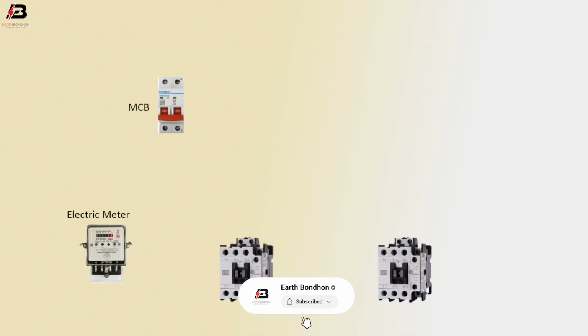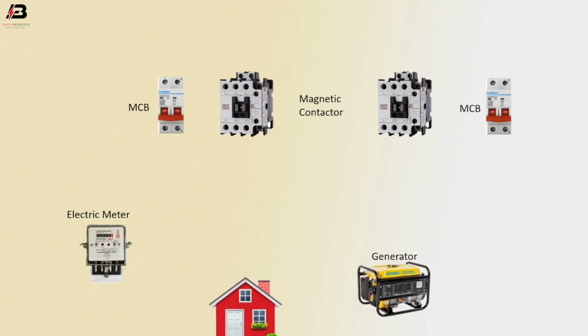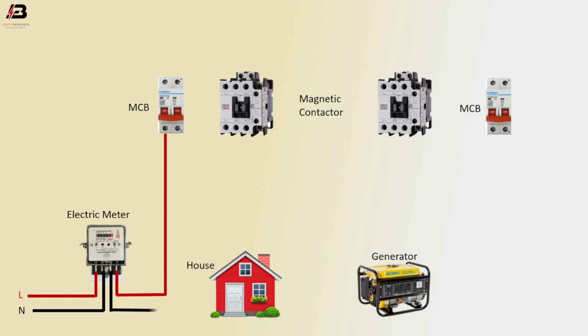So viewers, let's start. Single phase electric meter, double pole MCB circuit breaker, two magnetic contactors, another MCB circuit breaker, power generator, house load. Phase connection input to electric meter, neutral connection input to electric meter, phase connection output from electric meter to connect MCB circuit breaker, neutral connection from electric meter to connect MCB circuit breaker, phase connection from